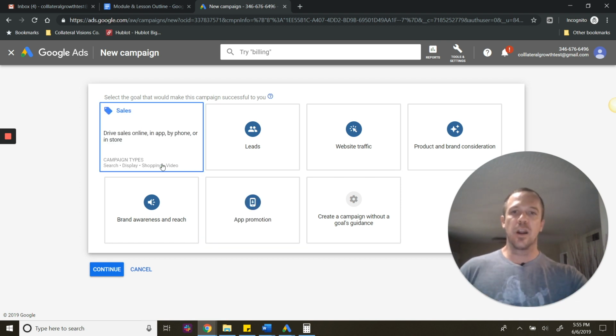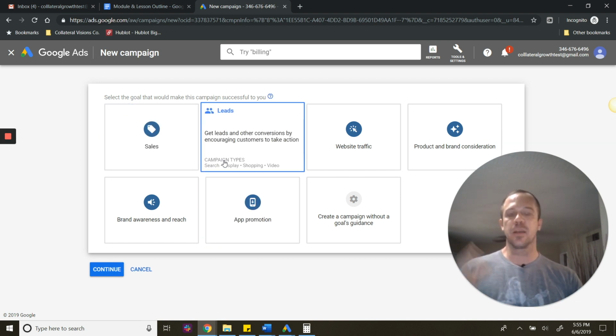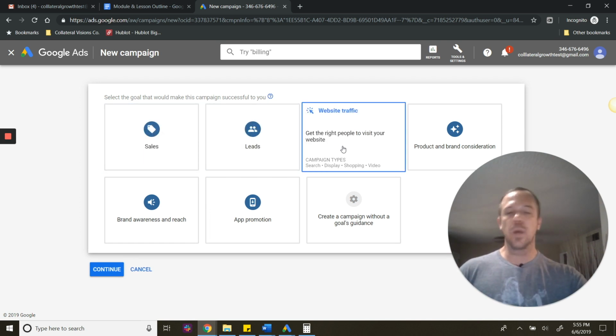We're going to cover this in later sections, but I talk about the rifle versus the shotgun method, right? Sales, leads, even website traffic are more about that very pinpointed shot, the rifle method. I've got some keywords and a very defined audience where I want that particular customer to be able to find my product, and only that customer, whereas the brand and product consideration or brand awareness and reach ones are more